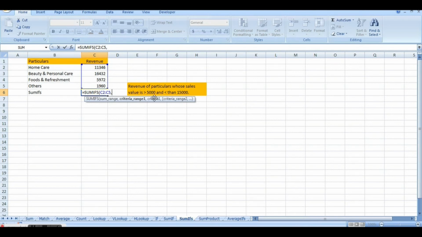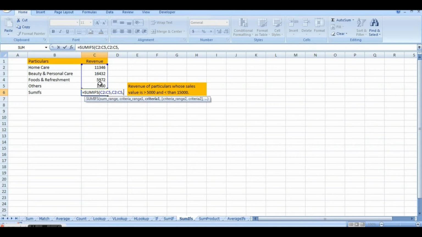For applying criteria number 1, that it has to be above 5,000, we want to do it on this range only. So we'll select that range. In any other case you can select the appropriate range that you want to, comma, and then the criteria 1.